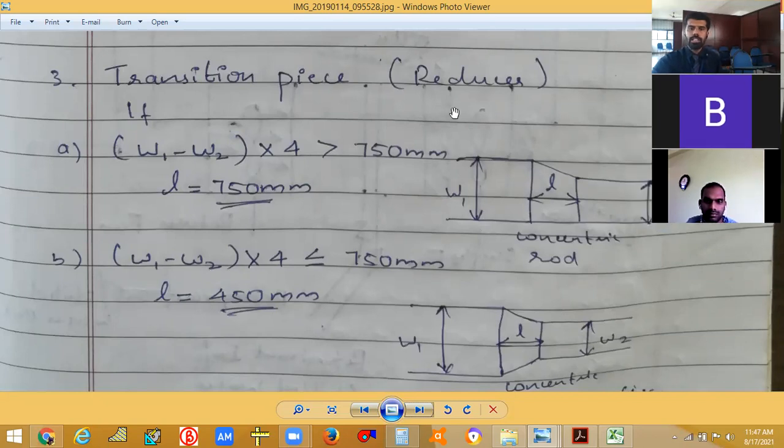So when you are drafting this, you have to keep this also in mind. So what will be the dimensions that you need to give for these reducers, elbows, shoe neck, or takeoff like that. So according to different dimensions or different sizes, you have to give its proper size for fittings. So that is also an important thing.